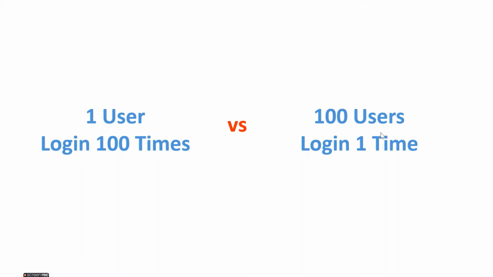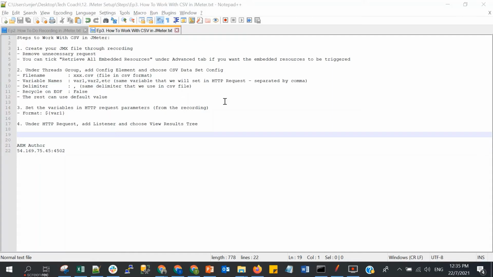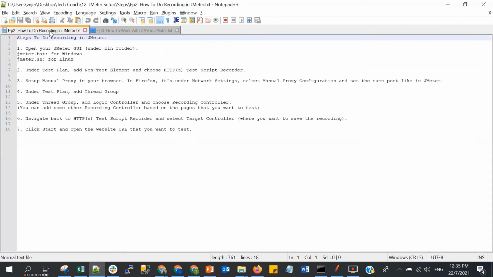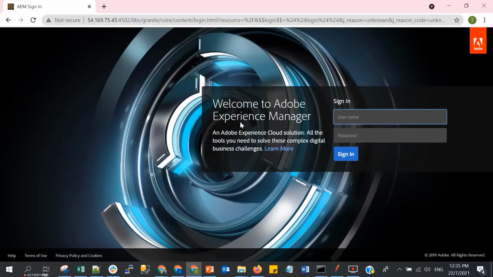Okay, in the previous episode, I explained how to do recording in JMeter. So today, I want to use the recording to create our test case. The application that I want to test is the AEM application. So I have set up AEM before this.